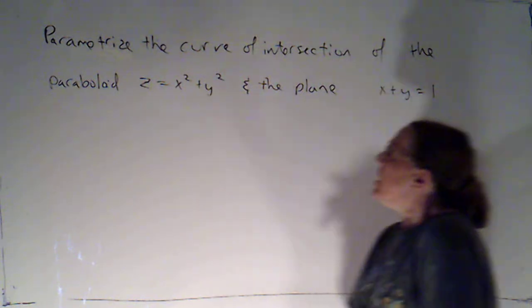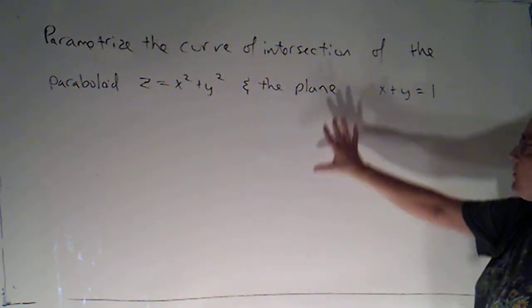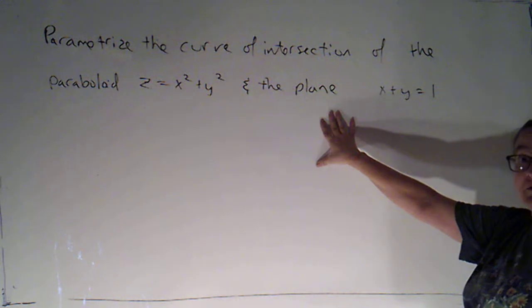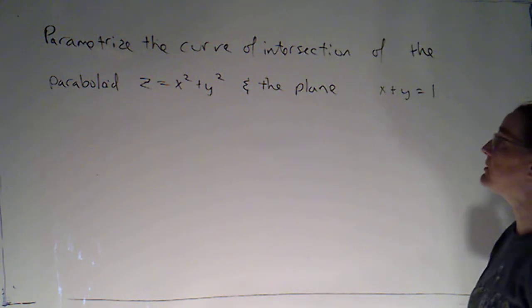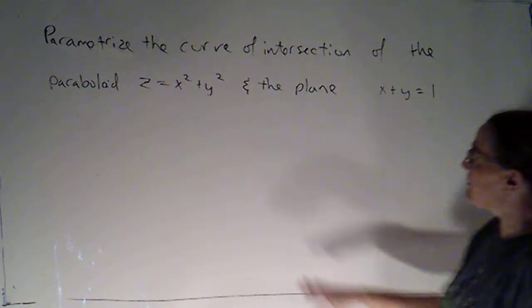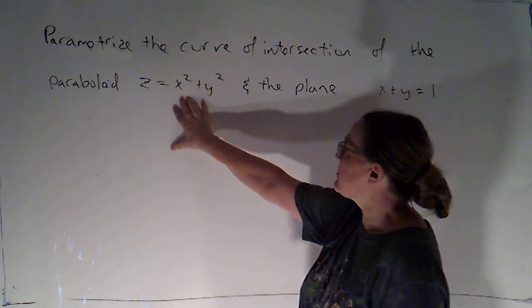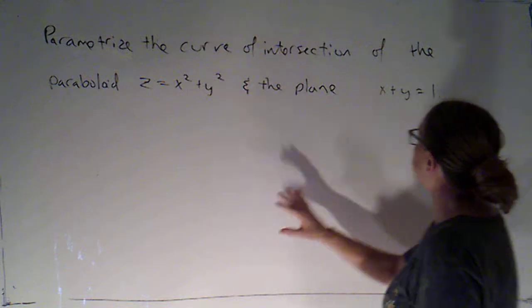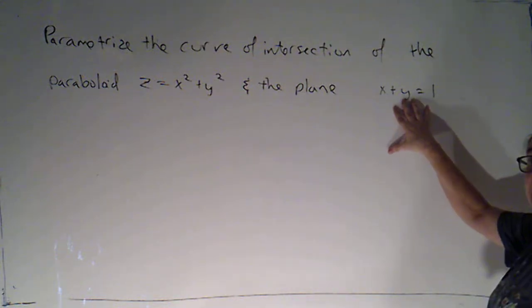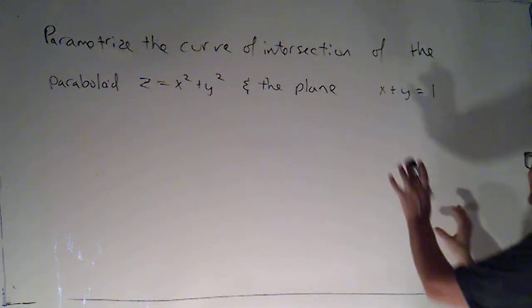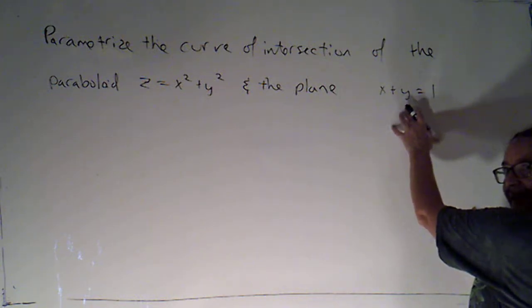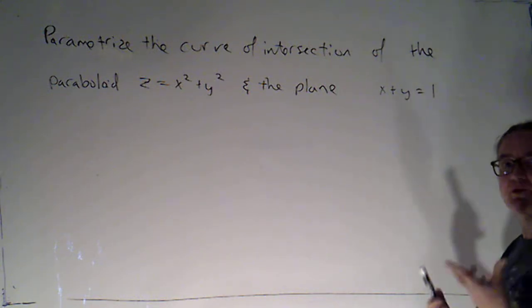Okay. So what I want to do here is see if, given two surfaces, we can come up with a way of parametrizing the curve of intersection. So I'm saying we're going to have this paraboloid, z equals x squared plus y squared, and this plane, x plus y equals 1. Now I've told you it's a plane, so it's in 3 space. It's not the line in the xy plane, it's the extrusion of that line, which would be a plane in